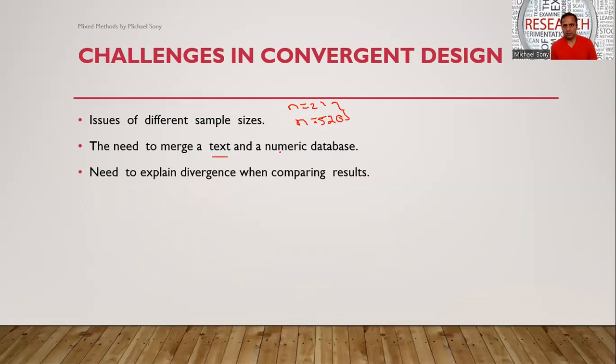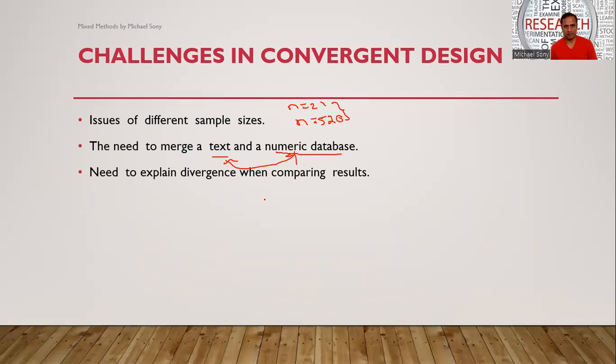That is, text and numerical databases are merged in such a manner that we get insights into the research question. But this merging of text with numeric data is sometimes a challenge which researchers find difficult